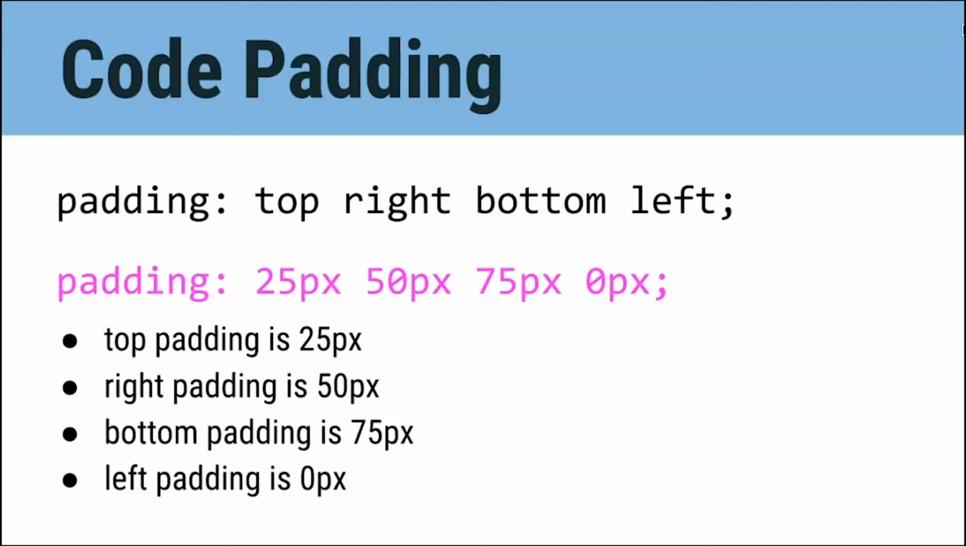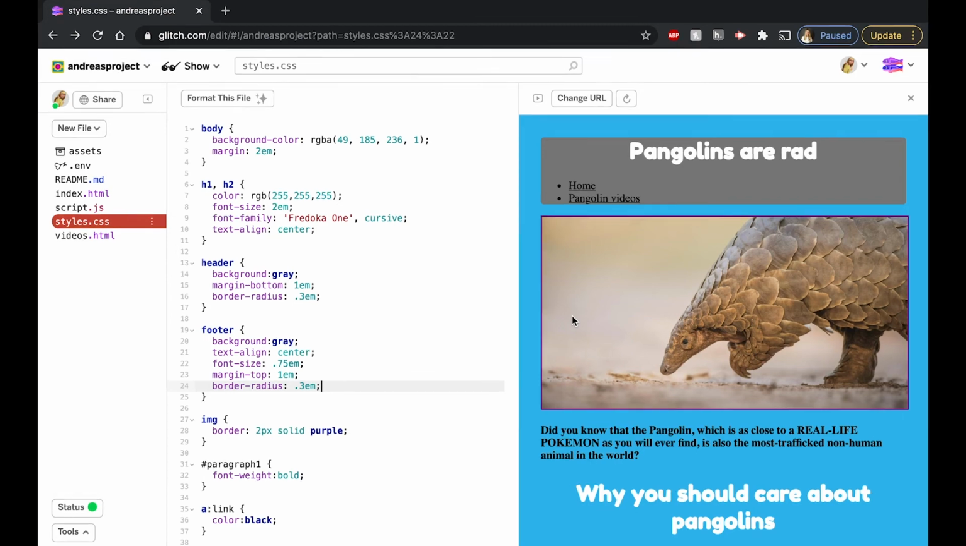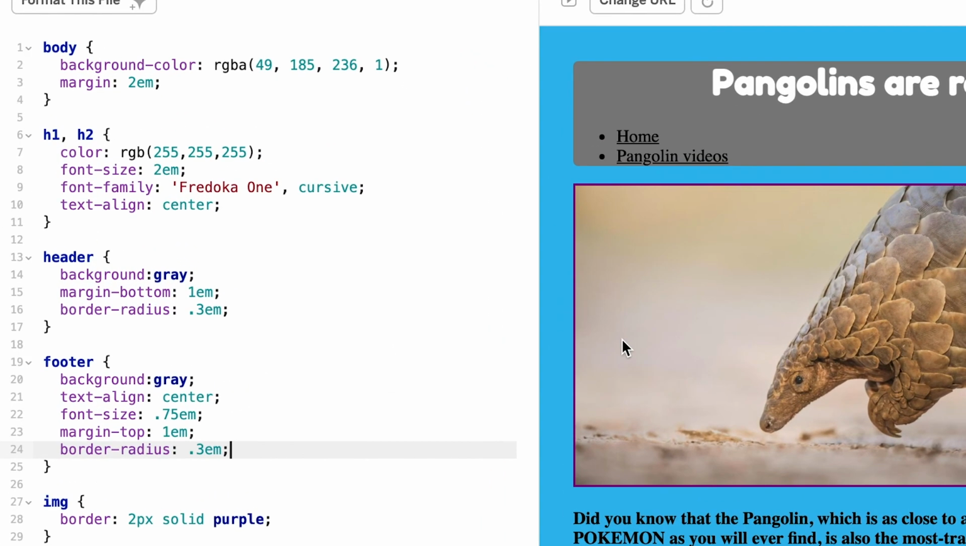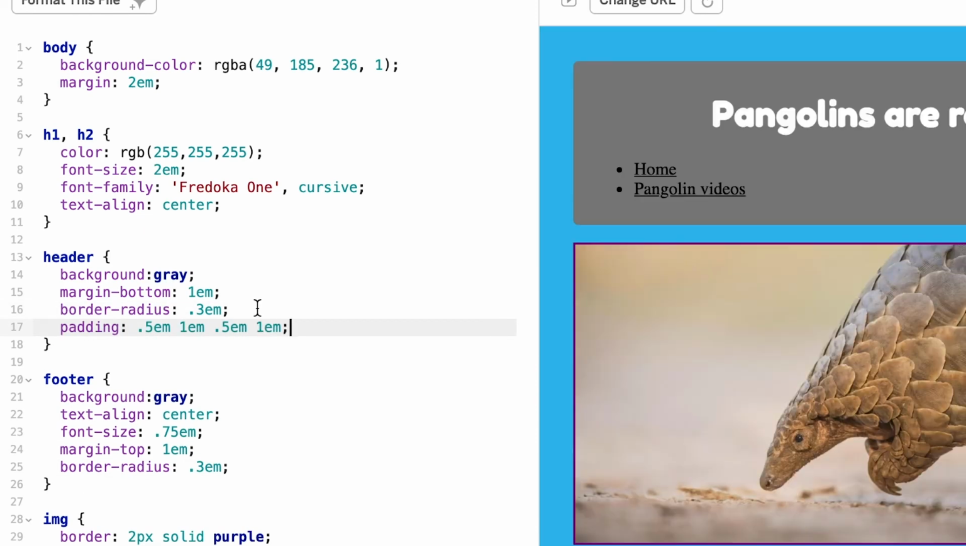Notice that also like the margin, you will need to clear the padding for each side, even if the value is 0. Let's take a look at how we can apply padding to our own sites. When first looking at my site, I noticed that the header and footer could definitely use some extra space. I want to add more padding to the sides than the top and bottom, so I'm going to write padding: 0.5 em, 1 em, 0.5 em, 1 em